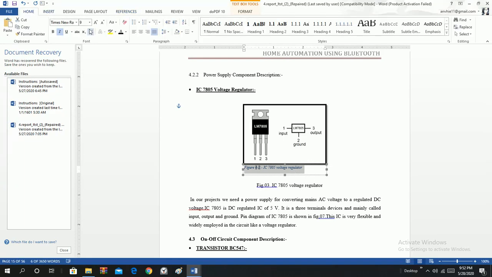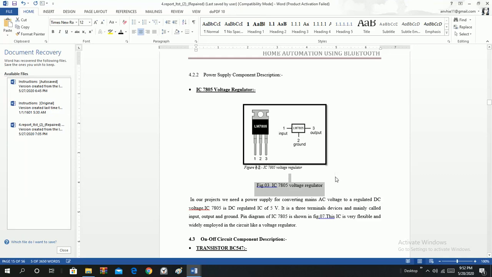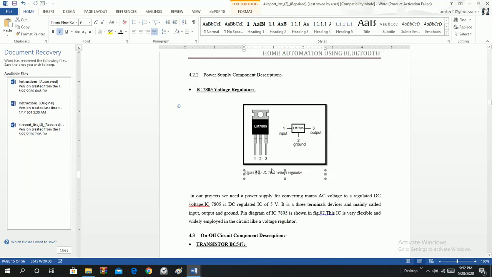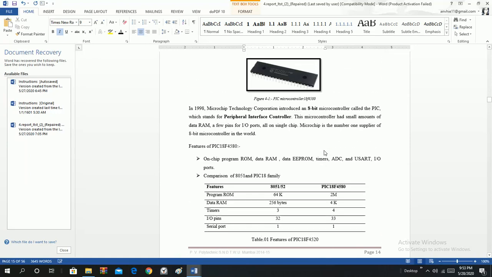Then I have to make it automatic, this needs to be removed. You can move this as well, there is no problem. If you find it has become too close, you can even put it in the center as well.